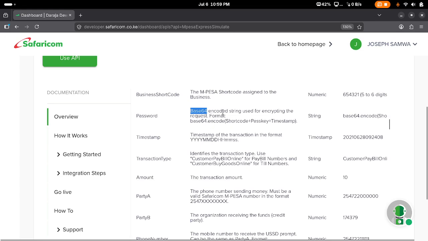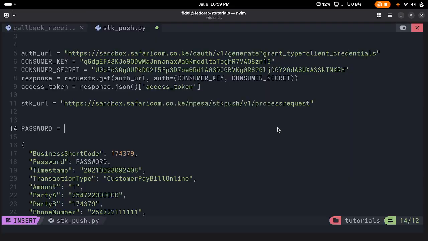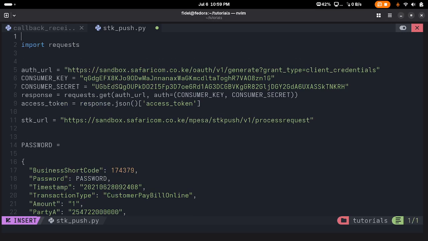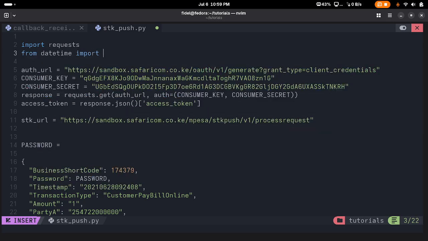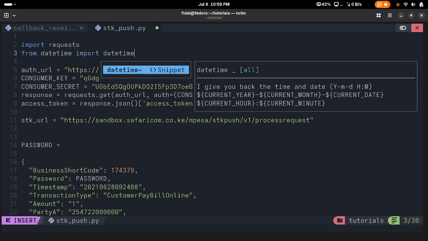So what does it contain? It contains shortcode plus passkey plus timestamp. So for timestamp, I'm going to import two things. So from datetime, import datetime, and then